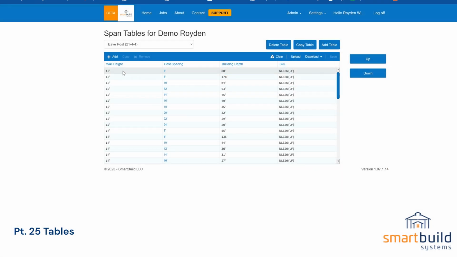If I look at this sample one, it starts out with a 12-foot wall height, 8-foot post spacing, up to 80-foot wide, using this nail-lam 3-ply. And then all the way up to 178 feet, then I break up to the 3-ply 2x8. Now, again, with these orders being crucial, I stuck with a certain wall height, and I didn't change up